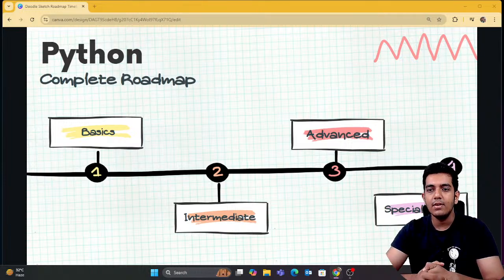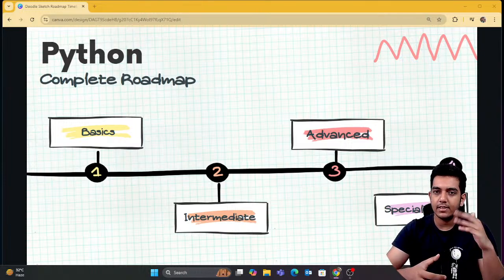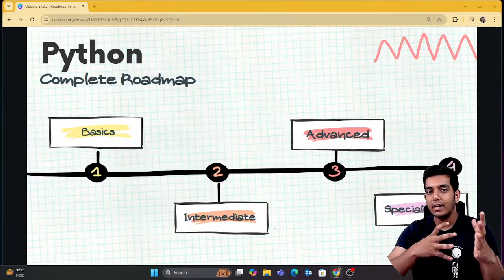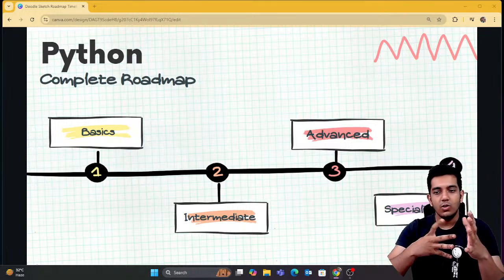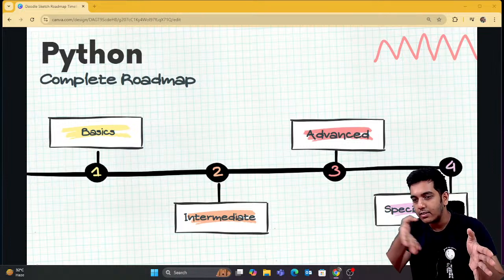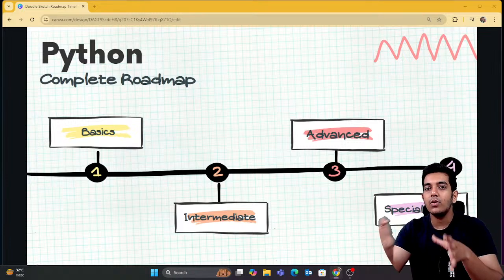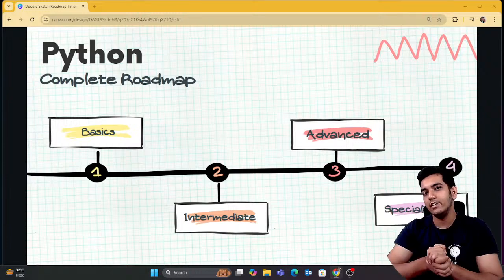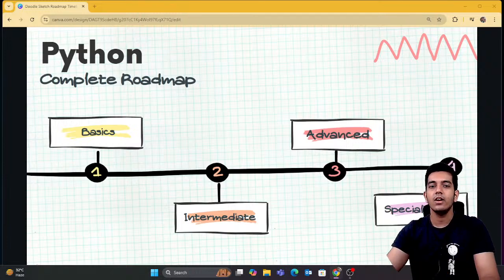Okay, so I'll be first of all starting with the basic roadmap which is needed to learn Python. Then I'll be shifting to different specializations. You can do this, you can do this, either you can do this with Python. Then we are going to make it specific about machine learning. Okay, so that's how the video goes, right?